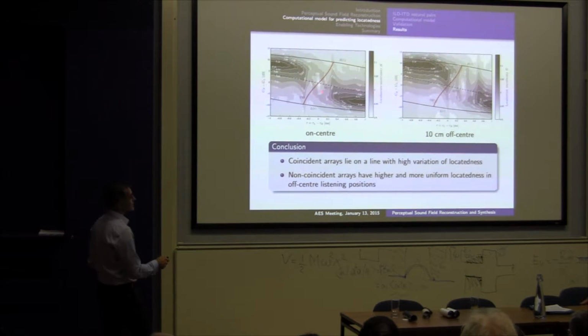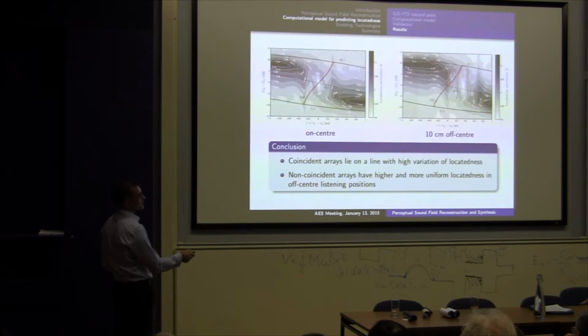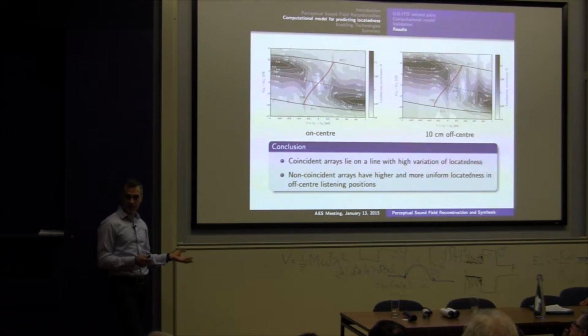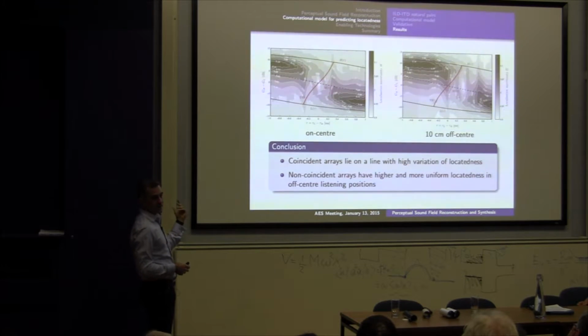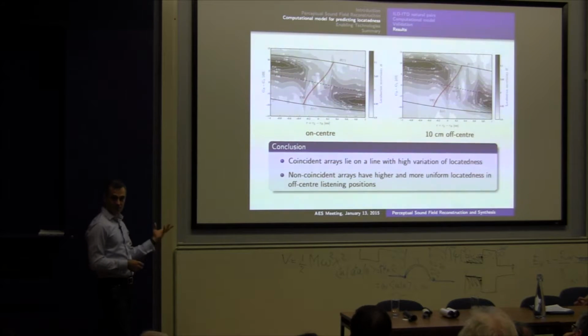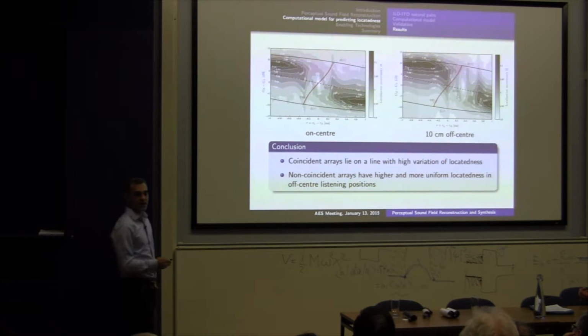So based on that, we can perhaps even look at some larger radii here, because that would make us operate in this region, and if it's a little bit away from the center, then it would not be really as bad. So that is one of the tools which can provide guidance on what would be the optimal array radius, or what would be adequate pairs of time and level differences, and it also explains mathematically our observation why time and level differences combined actually perform better than just level differences in terms of stability and localizedness.